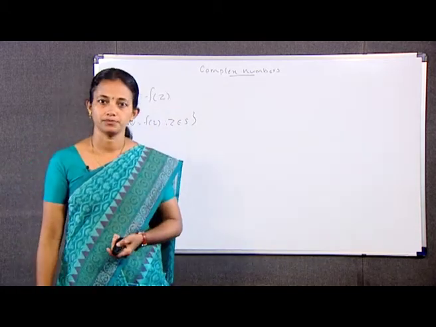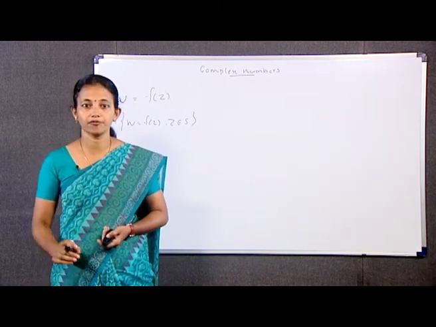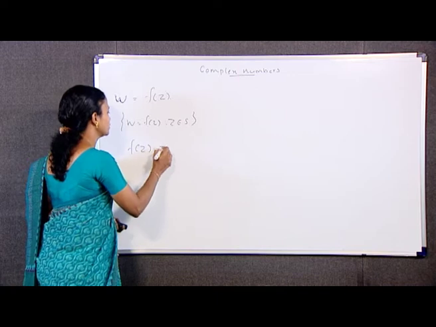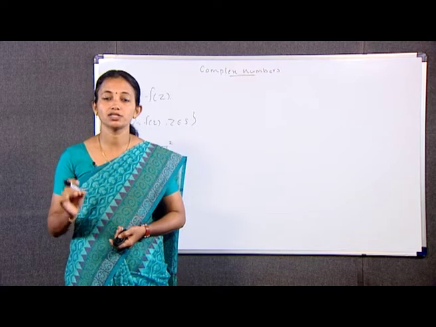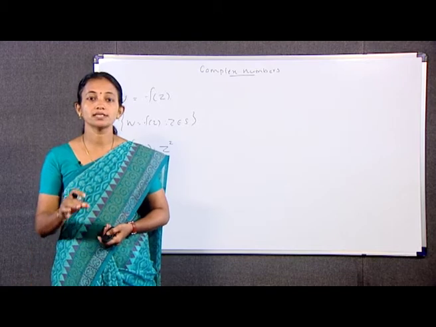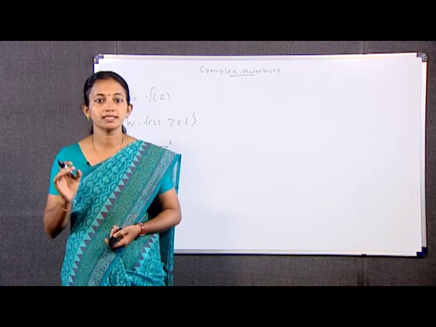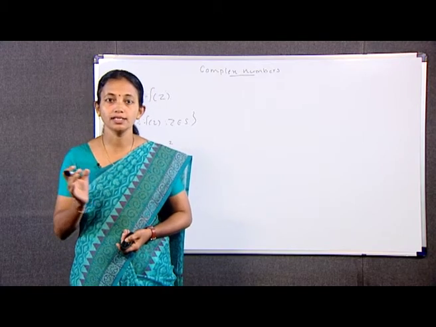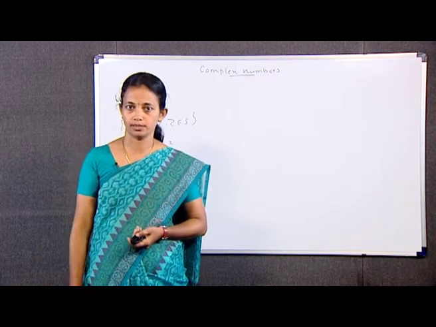We have an example. Let S be equal to C, the entire complex plane, and define f of z equal to z square. Then the domain is C and the range is the set of w equal to z square such that z belongs to C. If for the same function we take the domain S as z in C such that mod z is less than 1, the open unit disk, then the range is w equal to z square such that z belongs to C and mod z is less than 1.